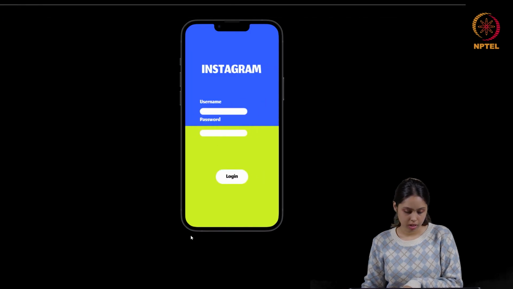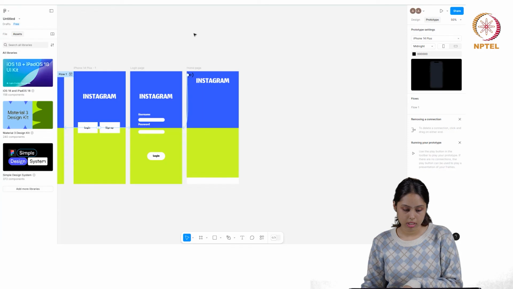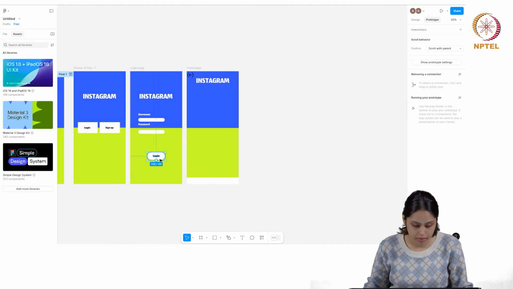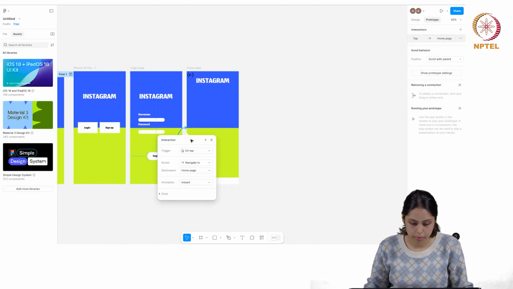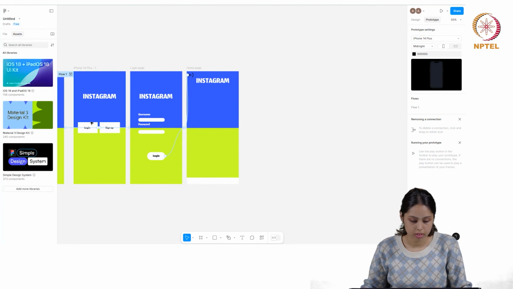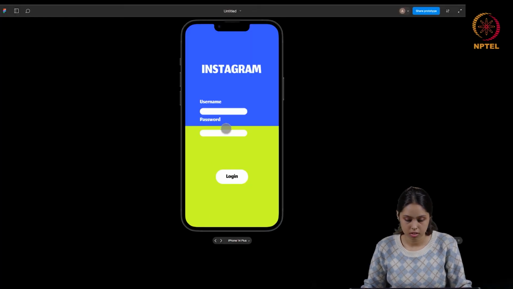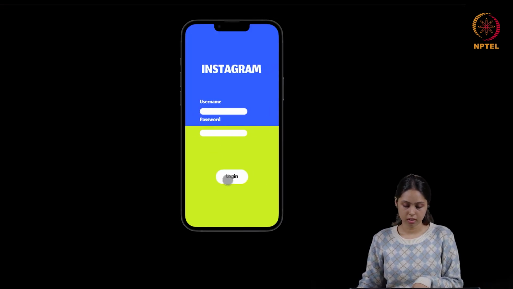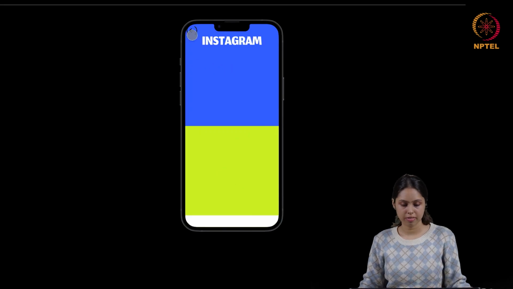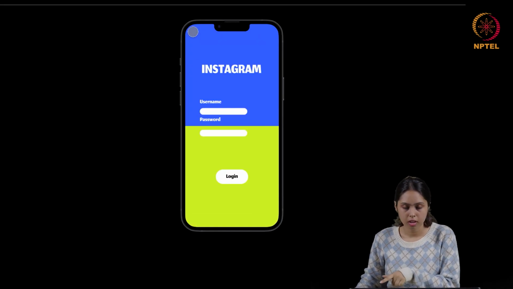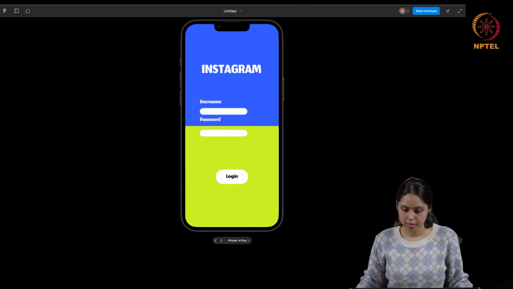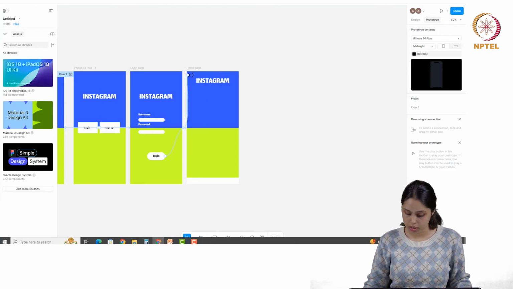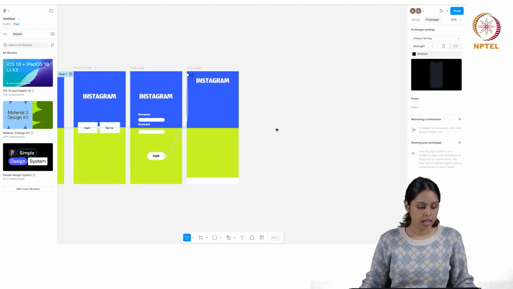Now, if I log in, and just the last thing that I need to do is connect my login page to the home page, right? So this login button that we have, we need to prototype it to our home page. Yeah. Okay. So this is done. Now when we run this, we can log in, click on the login button, and this is the home page that we have. Again, the back icon page, if I click on it, it will take me back to the login page, right? So this is a basic idea of how Miro works and how you can make prototypes using it.